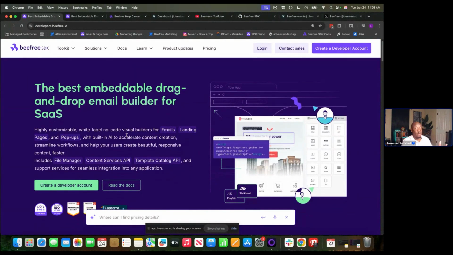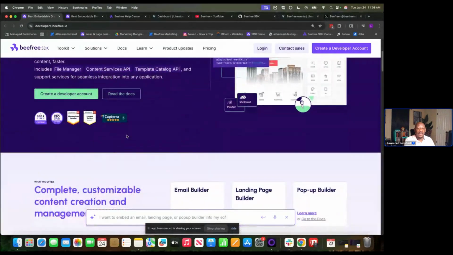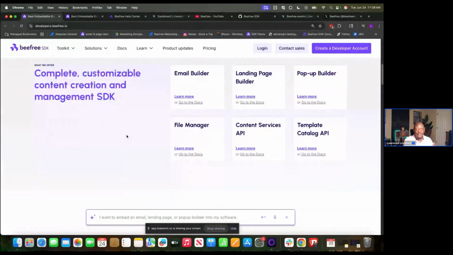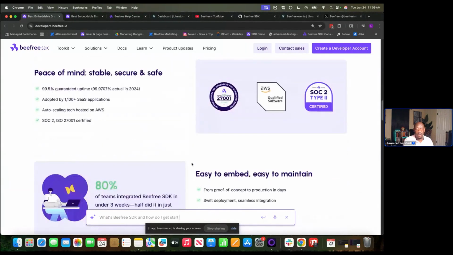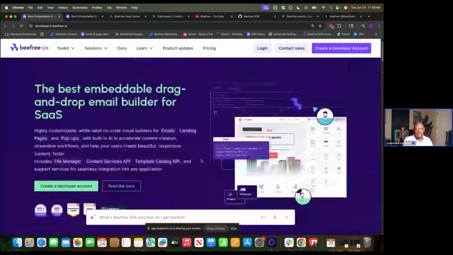share what is Beefree with someone else, because maybe you've been using it, you want to suggest it to another company, another team, you're not sure where to send them on our vast website. This is a great place to go because you will find case studies, you will find high-level information about the email builder, landing page builder, pop-up builder, file manager, content services API, template catalog API. Of course, you know we have the HTML importer API as well, but you'll find results, KPIs that have landed at various customers you can share with other people. This is your central hub for developers,